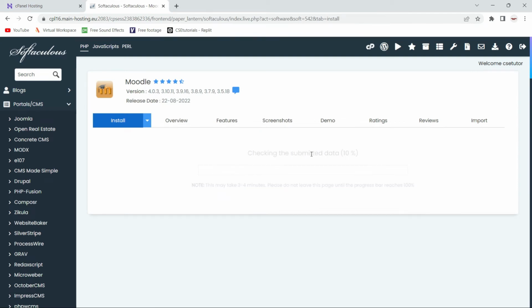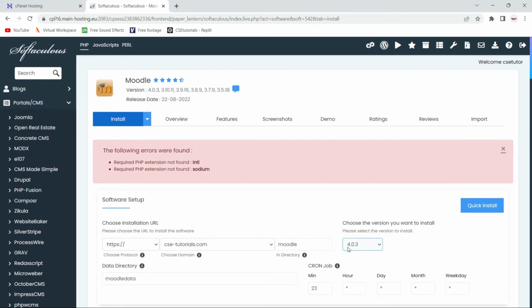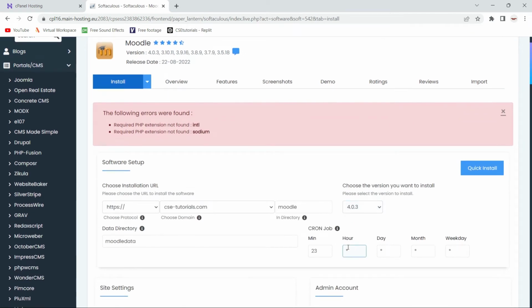It's checking the submitted data, and now it will show an error. Following errors were found: required PHP extension not found, INTL, and required PHP extension not found, sodium. So it's showing me that these required PHP extensions are not found.